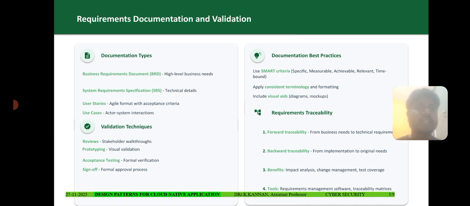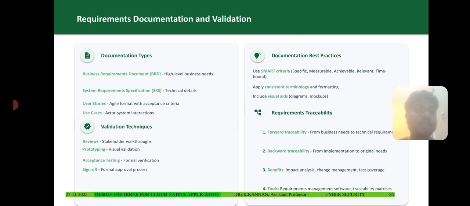Use the SMART criteria: specific, measurable, achievable, relevant, and time-bound, and apply consistent terminology and formatting. Including visual aids, we use diagrams and mockups. We have requirements for these documentation best practices, and requirement traceability, which means forward traceability and backward traceability, benefits and